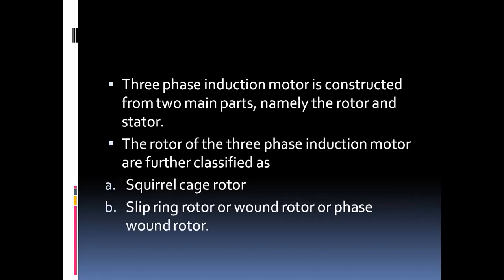Now, the three-phase induction motor mainly comprises the stator and the rotor. As the name symbolizes, the stator is the static part and the rotor is the revolving part. The stator of an induction motor is made up of a number of stampings which are slotted to receive the windings. The stator carries a three-phase winding and is fed from a three-phase supply. It is wound for a definite number of poles, the exact number of poles being determined by the requirement of speed. Greater the number of poles, lesser is the speed, and vice versa.